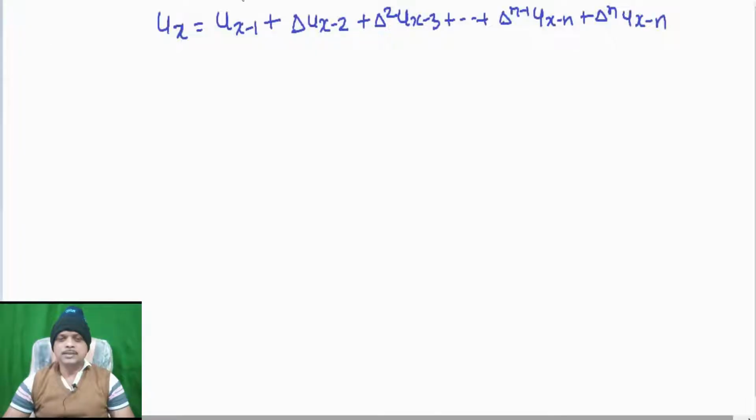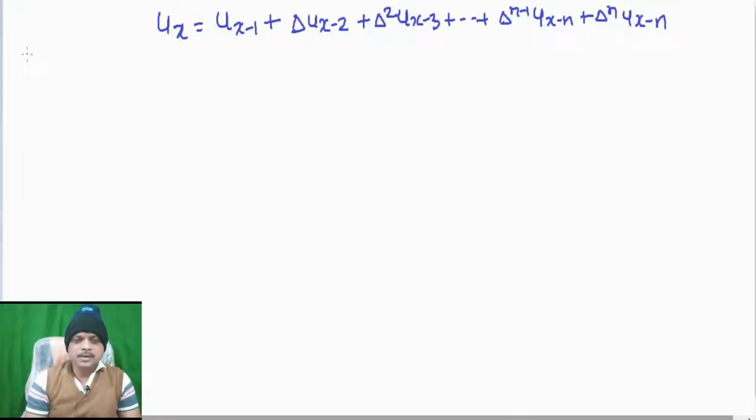Hello friends, in this new video we prove some identities using the method of separation of symbols. The identity shown on your screen is: ux equals ux minus 1 plus delta ux minus 2 plus delta square ux minus 3 plus delta raised to n minus 1. Now